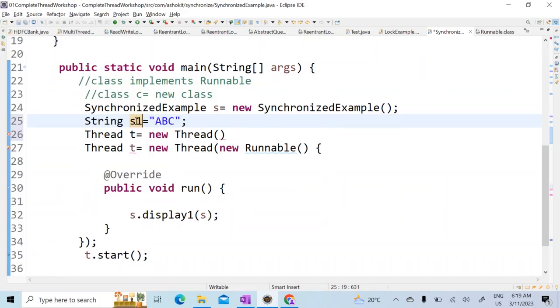Storing the ABC inside S1. Yeah, S1 is a variable, which is of type string, and it is holding the value ABC. Correct? Am I right? Now, similarly, whenever you want to write a lambda in Java,